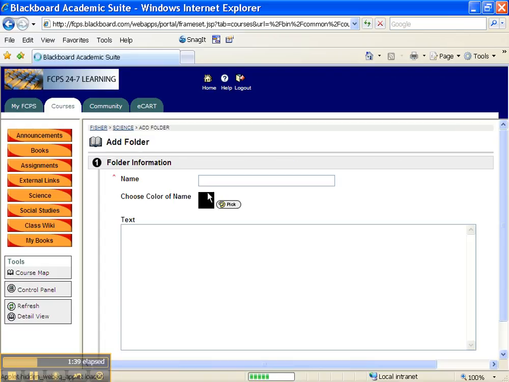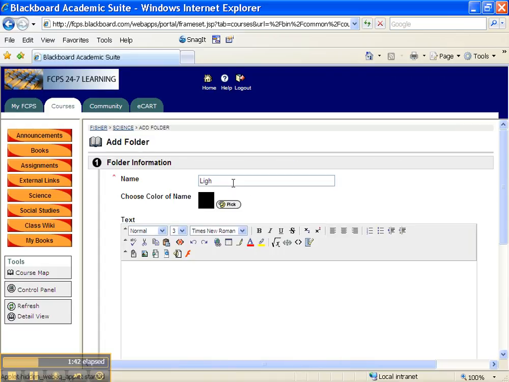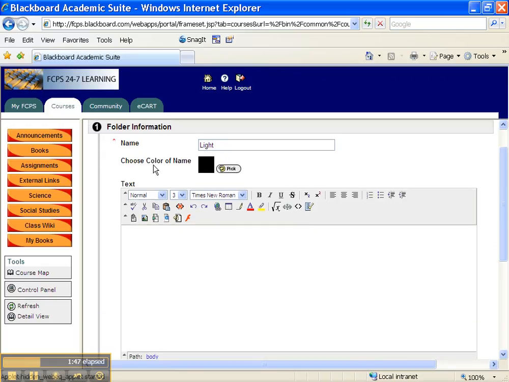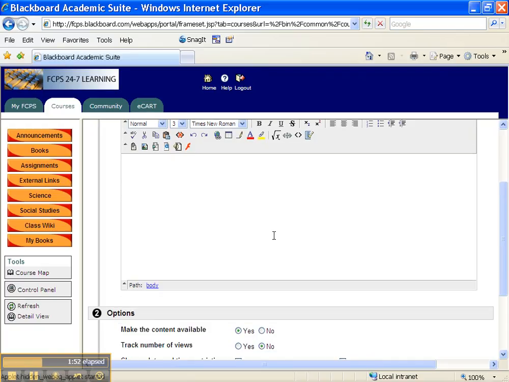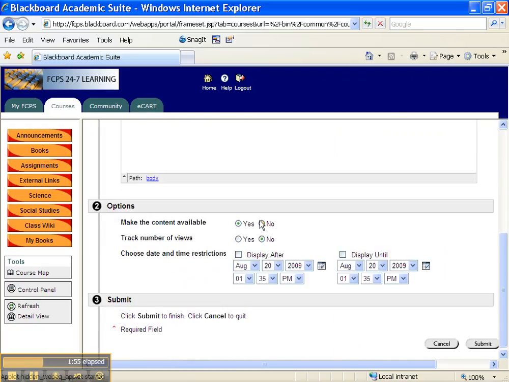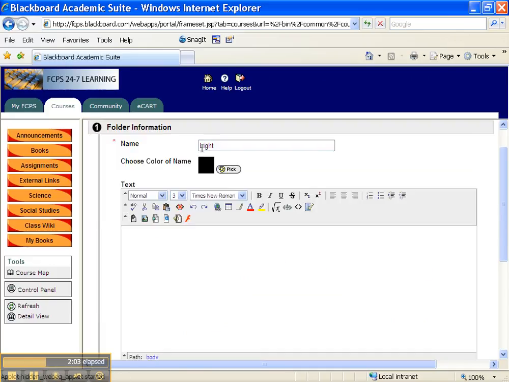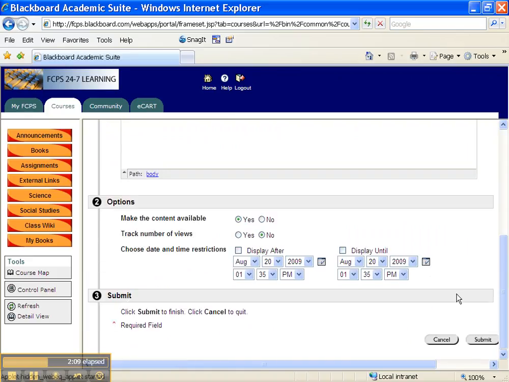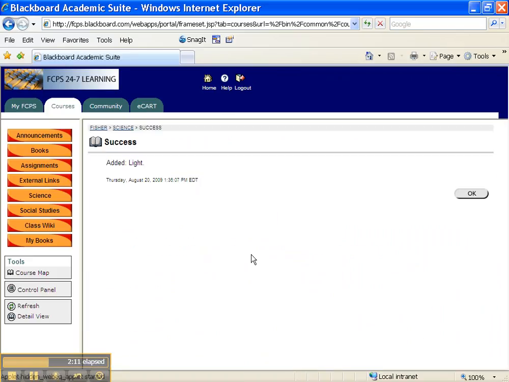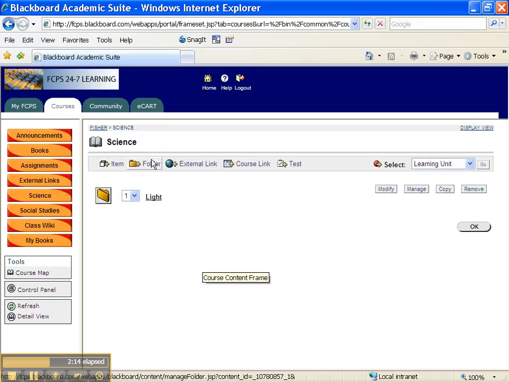So I'll click Folder. I'm going to name this Light. I can choose the color as text, as black. I can describe this folder, but I don't need to. I could make it available. I could track how many times people see it. Or I could make it only visible during certain points of the year. I really am going to ignore everything on this page except the name. So I typed in light, I hit submit, I press OK, and now in that science window I have now